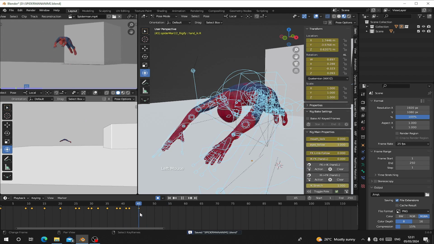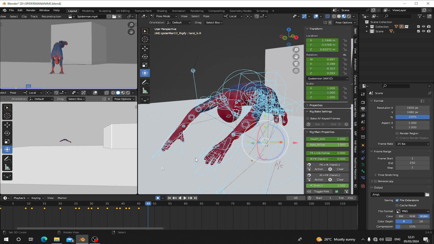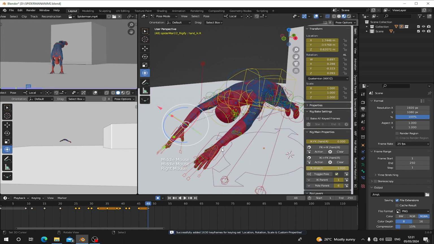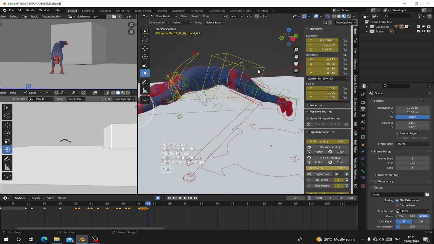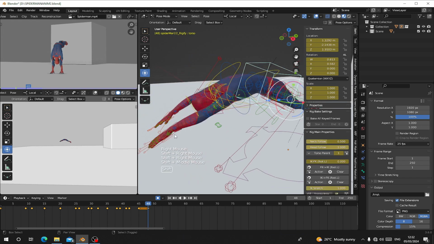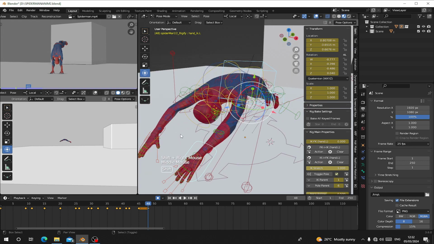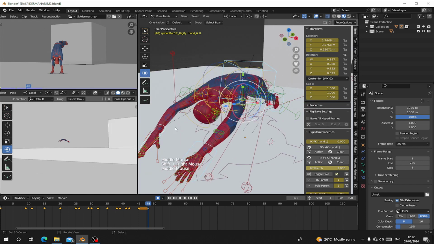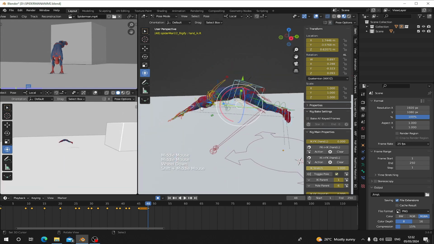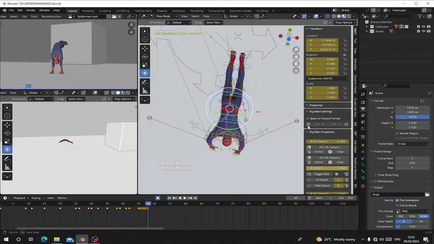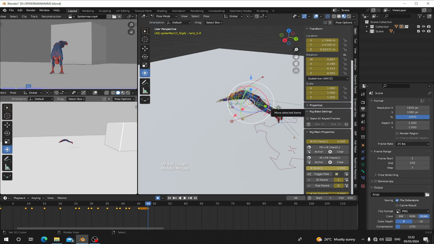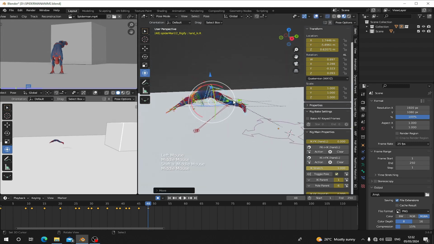Our next pose will be where the hand lands on the ground. So on frame 48, here we will select the hands and the torso, like the two hands. The hands, the torso, and the foot, and we can move all of them forward. So I'll go to look at, make sure it's moved forward, and let's move forward like this, and we can